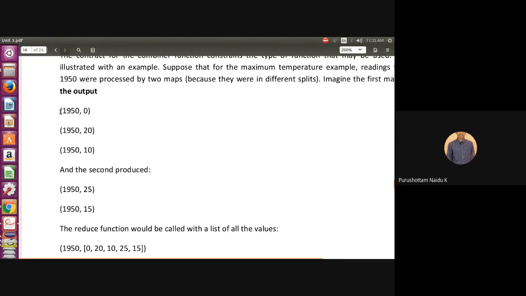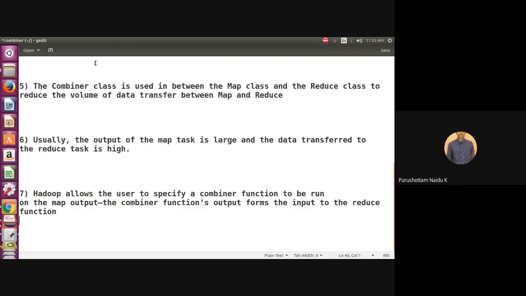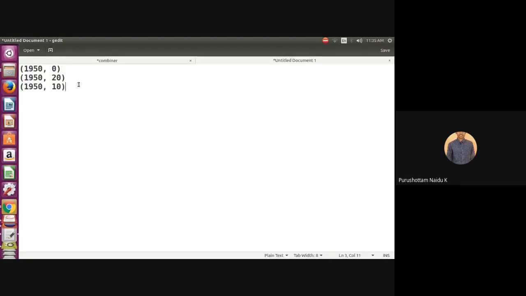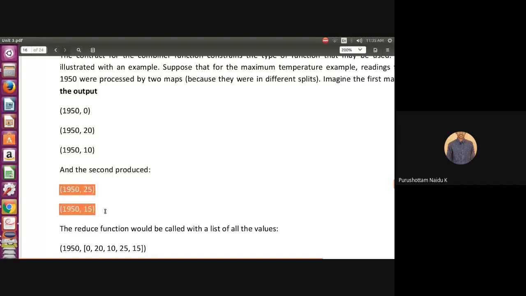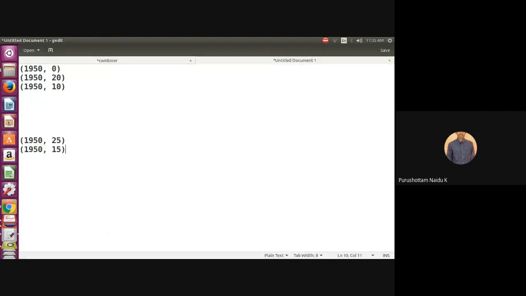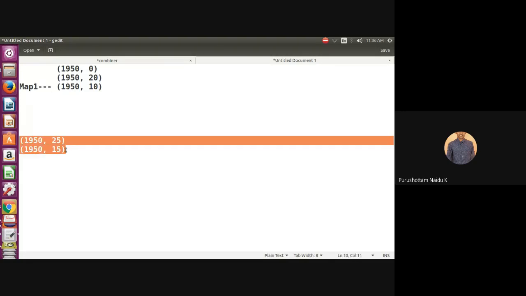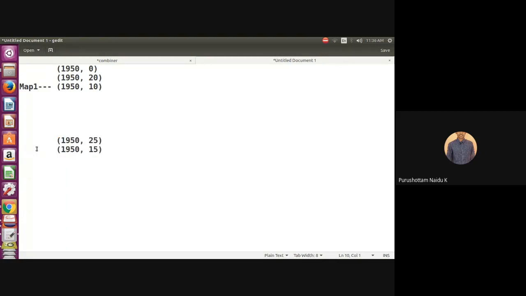For example, if you're not using the combiner, let us assume this is the map 1 output and this is the map 2 output.